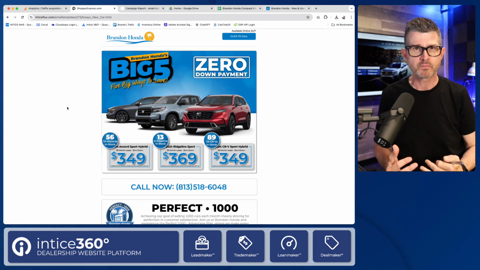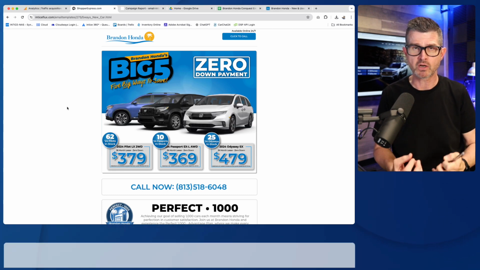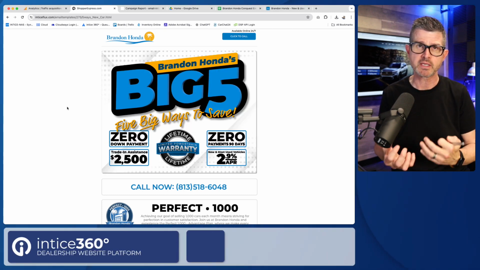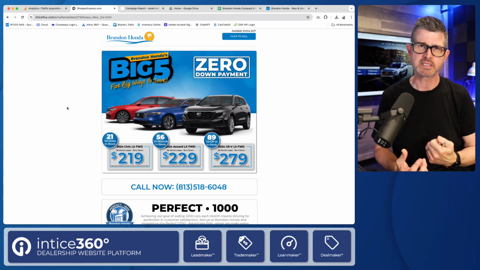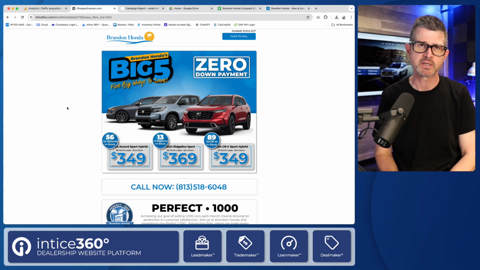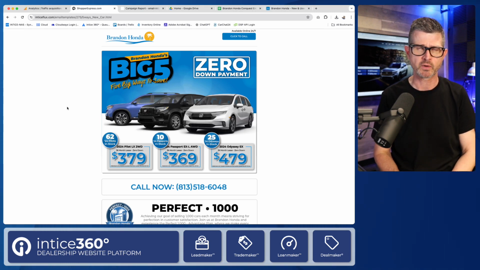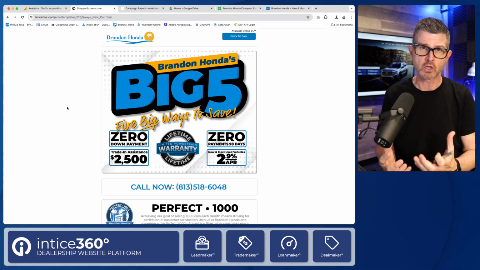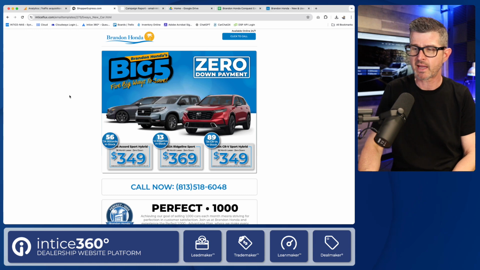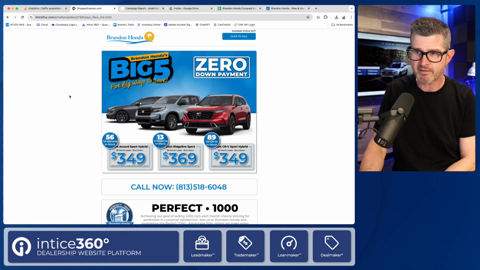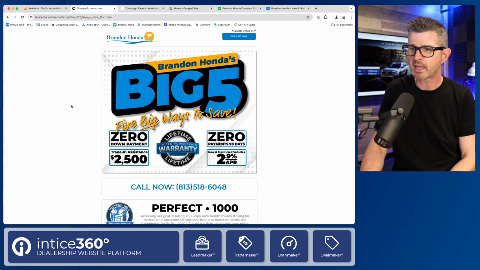And when it came to a creative strategy, we really wanted to decode how customers are interacting with email templates and find a way to increase engagement. And I think that we found a great strategy in the templates that we've created. First of all, we have a large banner style message at the top of the email. In this case, we have the big 5 big ways to save, bringing in low monthly payments,